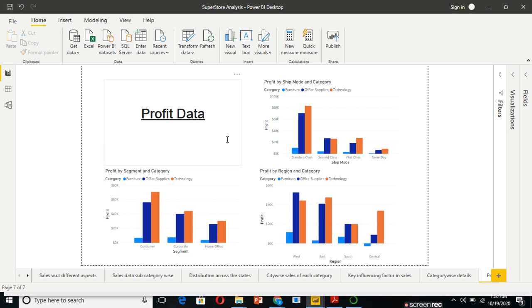Okay. Now this is the first tab, which is the sales data with respect to different aspects. Now this one is related to the ship mode. We have different ship modes, where there is standard class, second class, first class, and same day, where in case of a ship mode of the standard class, it has outperformed the